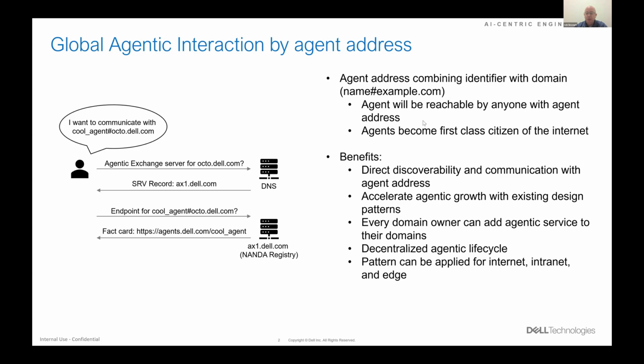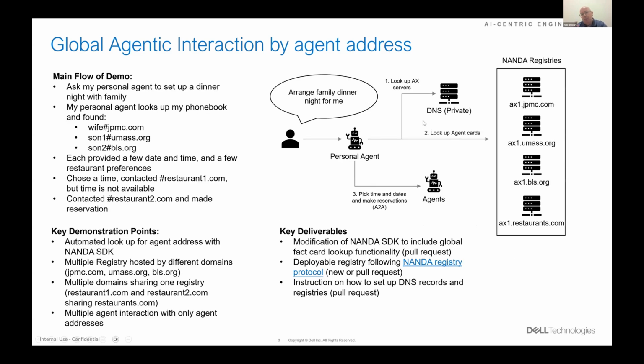We've talked about some different use cases. This is by far one of my favorite use cases. I don't know how many of you try to organize a family dinner, but in my household, we struggle with this. In my case, I have two daughters and my wife, so I can ask my agent to interact with theirs to figure out when we can all get together for dinner,